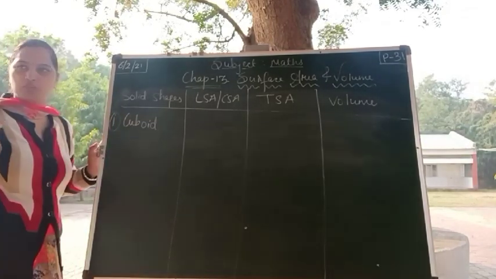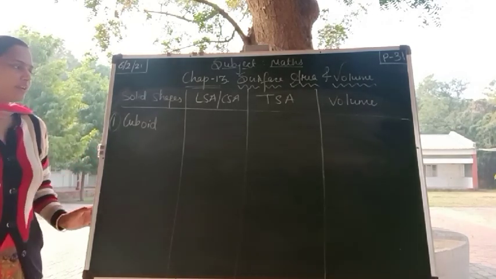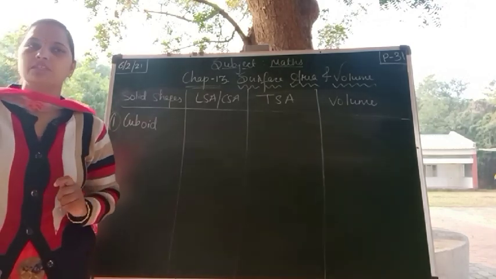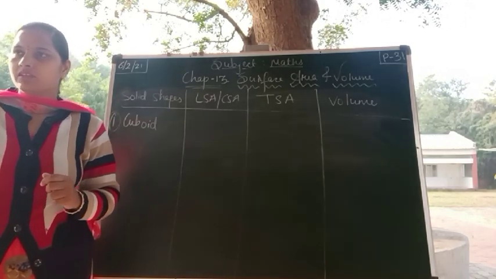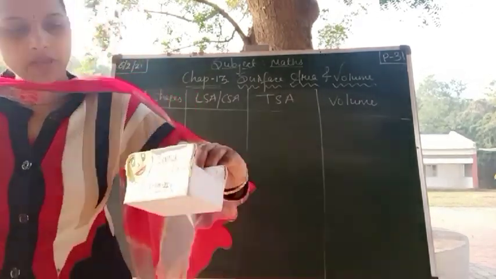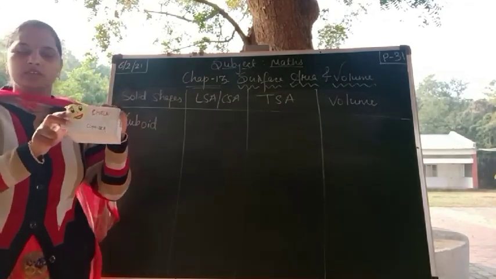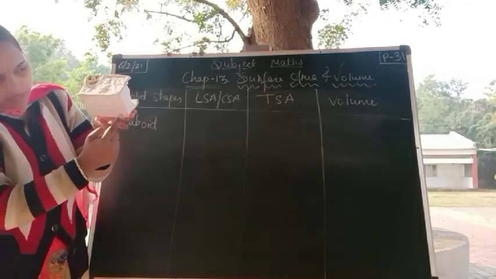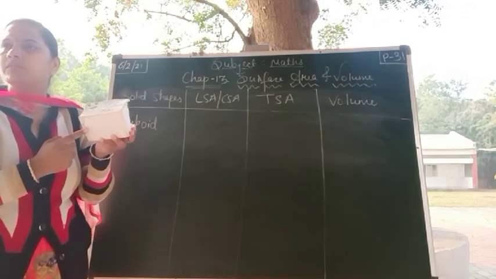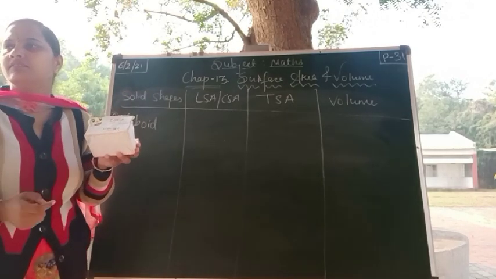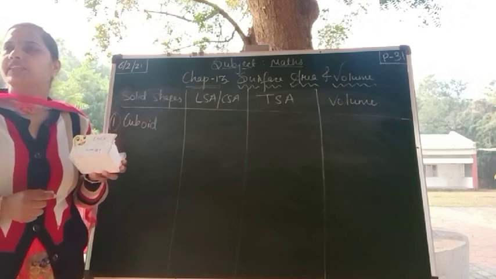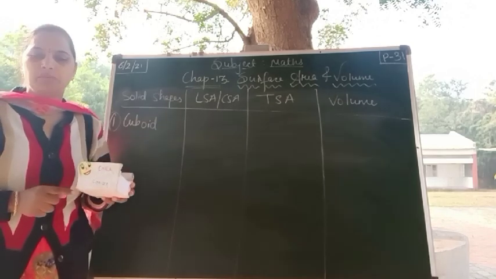I am not going to accept your group answer if I ask you a question. Okay? The first one is curved surface area. I told you the formula to find out the curved surface area or lateral surface area: perimeter of base into height. So first is cuboid. I am having a chalk box. Now tell me what is there in the bottom? Rectangle. I can see a rectangle here at the bottom. And what is the perimeter of a rectangle? Raise your hands. Siddharth, perimeter of rectangle: 2 into bracket L plus B.